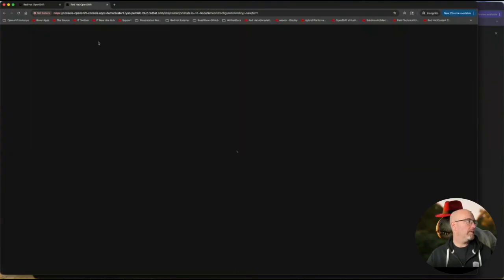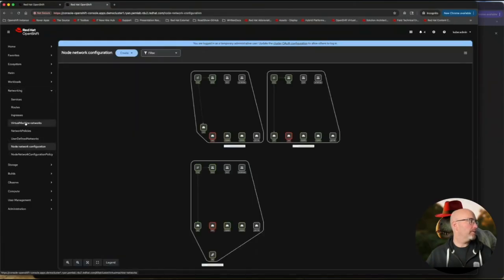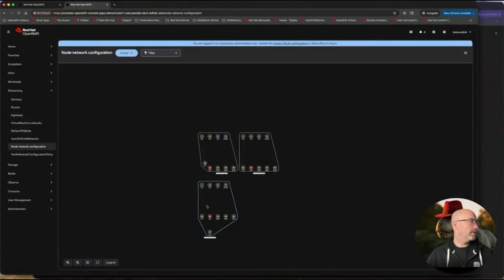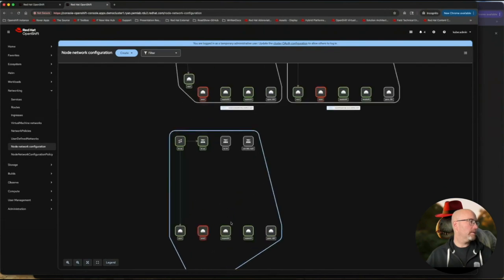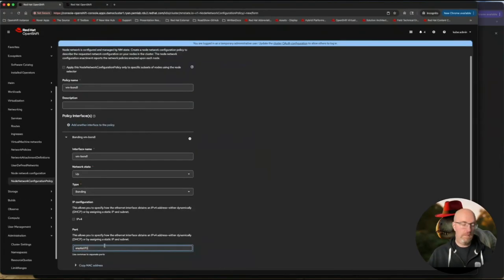we're going to duplicate the page. To use Node Network Configuration Policy, one thing I forgot to say is you have to install the NMState operator and configure it. Once you do that, you'll be able to see under Node Network Configurations the NICs that are connected to the card. We're going to use this pair right here. So we're going to copy the names, comma separated,